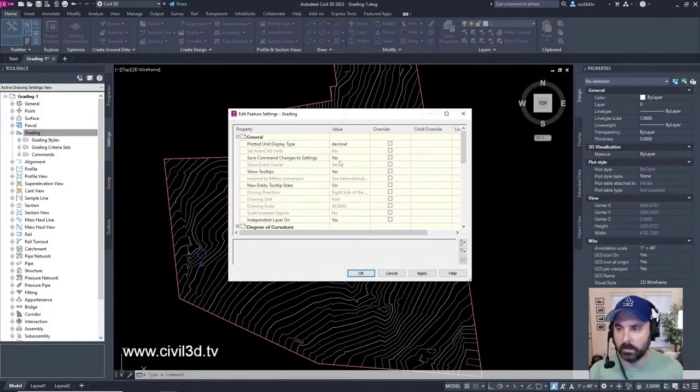It's currently set to yes. We're going to leave that on yes. This setting saves command settings for reuse. For example, if you create a grading and set the grade to 5%, then 5% is the default value the next time you create a grading.